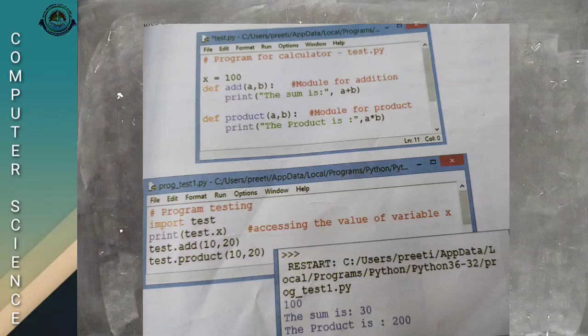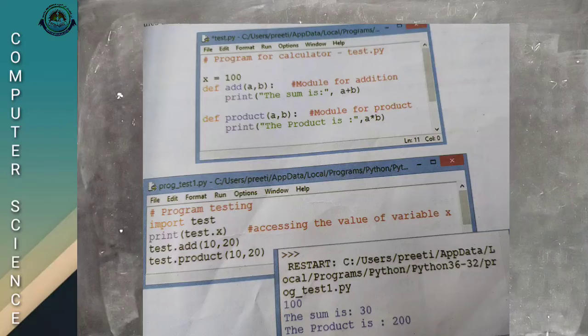In this program, x equal to 100, the value of x is given as 100. Then def add of a, b, two parameters are given, a and b. The function add is defined, then print the sum is, a plus b. That is used for addition.